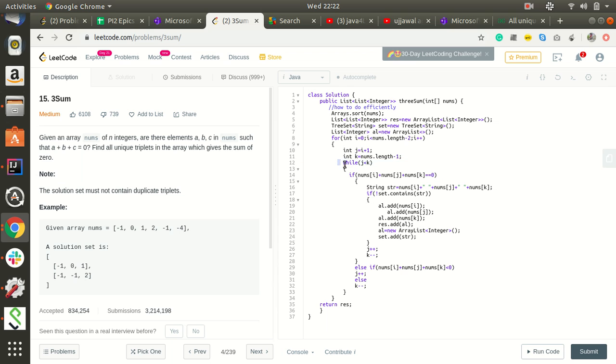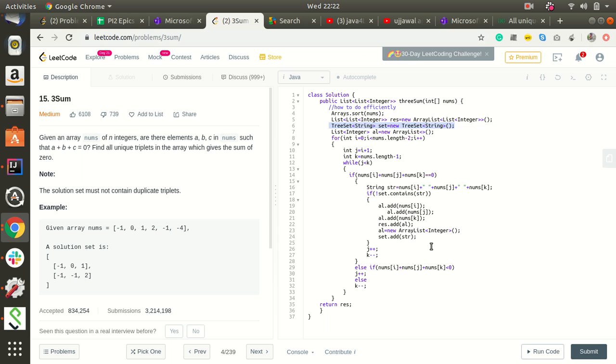So while j is less than k, if nums of i plus nums of j plus nums of k is equal to 0, then we'll create a string of nums of i, j and k. Then we'll check whether the set contains the string. Here we have created a TreeSet so that it will store the sorted values.